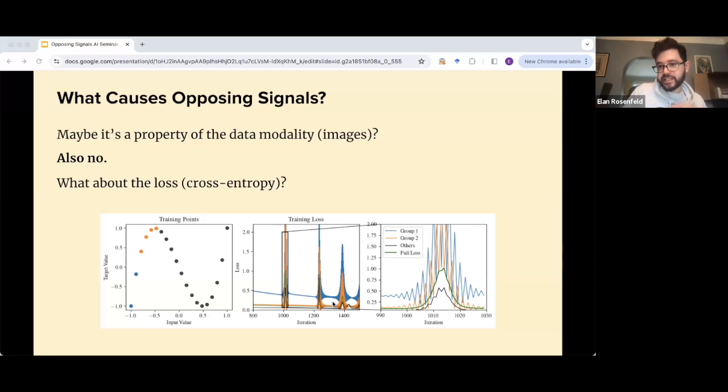I don't think it has anything to do with the difficulty of the examples explicitly. It's not necessarily the case that the network has high loss on more difficult examples.